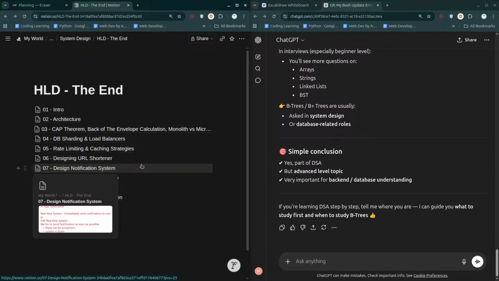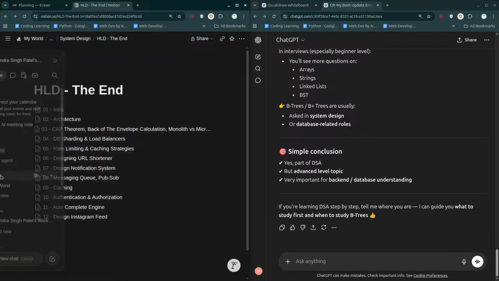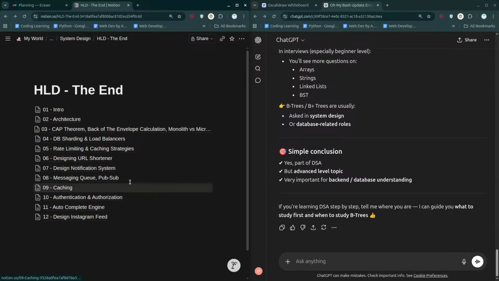The only challenge is that when you are using the ID as the source of truth for creating the short URL of the long URL, that ID needs to be unique all the time. That thing you will have to handle from your own side. The remaining things are handled automatically, so you don't really need to worry about it. Okay, this is done, and then we started working on designing a notification system.